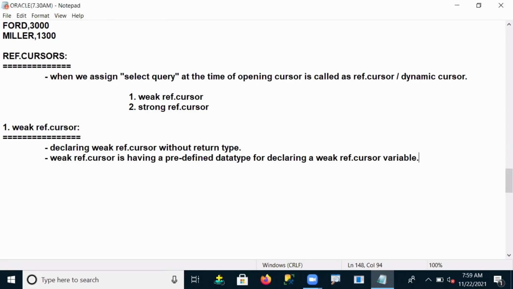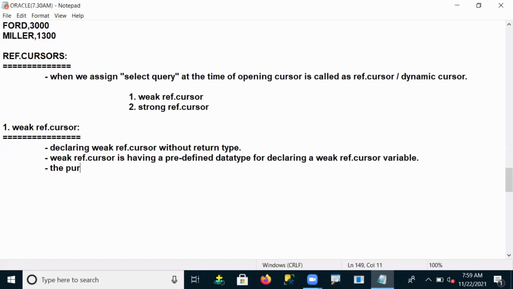So what is the next point? For what purpose are we going to use this weak ref cursor? What is the advantage and the purpose of a weak ref cursor?